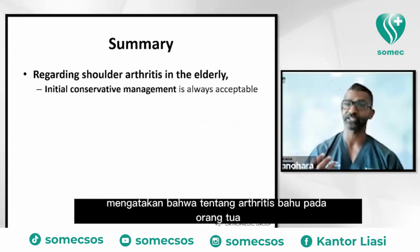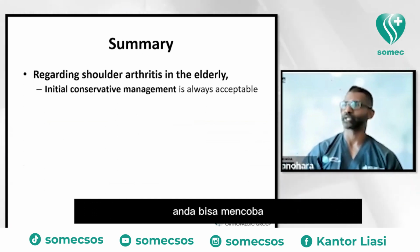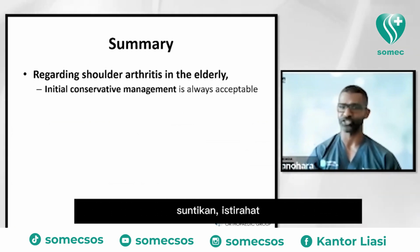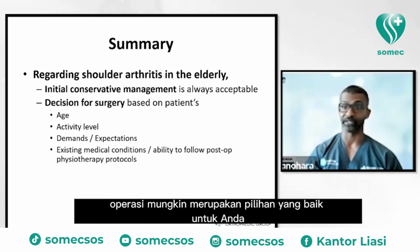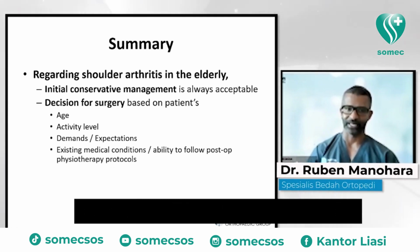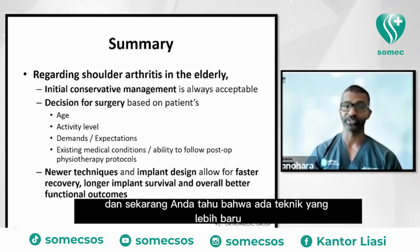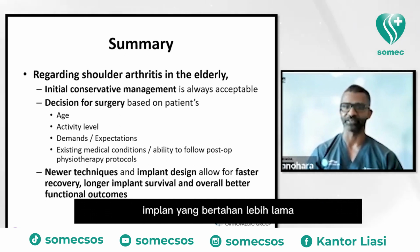Finally, regarding shoulder arthritis in the elderly, initial conservative management is always acceptable. You can try the plaster, the koyok, the tablets, injections, rest, changing activities. But if all this doesn't help and you're constantly in pain, surgery is probably a good option for you. The decision for surgery is ultimately based on the patient's age, their activity level, their expectations, what medical conditions they have, and whether they will be able to follow the post-op physio. And now you know that there are newer techniques and implant designs that allow for faster recovery, longer implant survival, and overall better